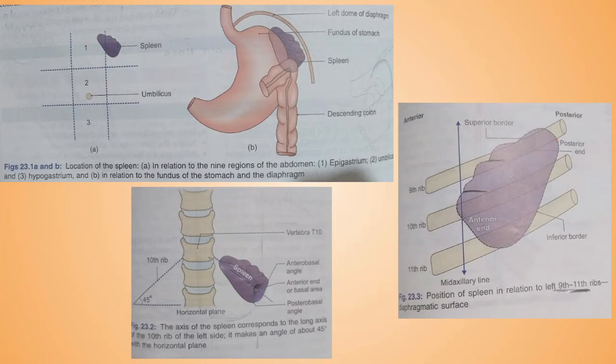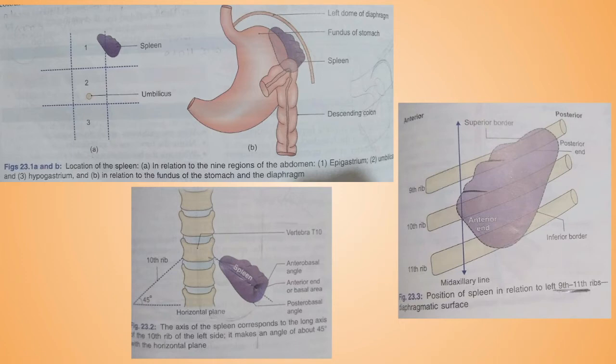Now the borders of the spleen. The superior border, inferior border and the intermediate border. The superior border has the characteristic notch over here on the superior border. Okay, the inferior border is actually rounded and the intermediate is actually rounded and is directed to the right side. Now this intermediate border is not seen in this diagram, but it is basically seen when you see the spleen from the inner side.